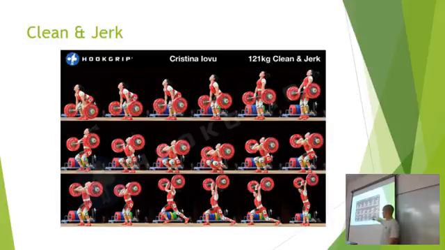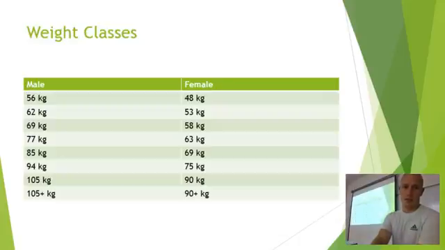All right, there's also another version of the jerk that we'll go over later on. But the bar is now overhead, so it goes from floor to shoulders to overhead in some manner, and then that would be the end of the clean and jerk. So there's multiple ways to end up getting there, but we'll talk about those later on. So weight classes. These right here are the current weight classes.